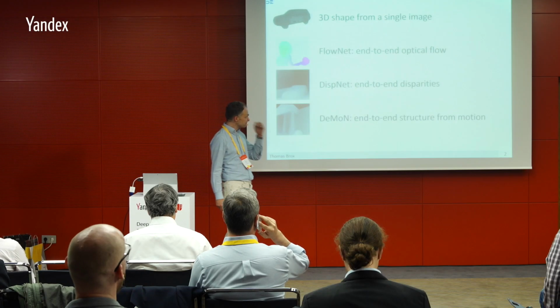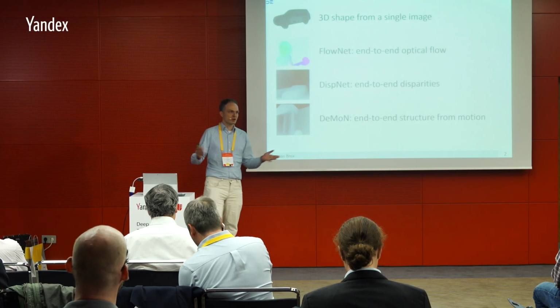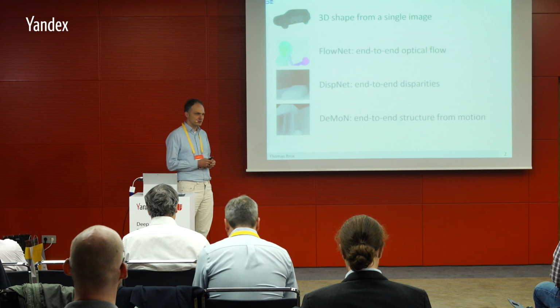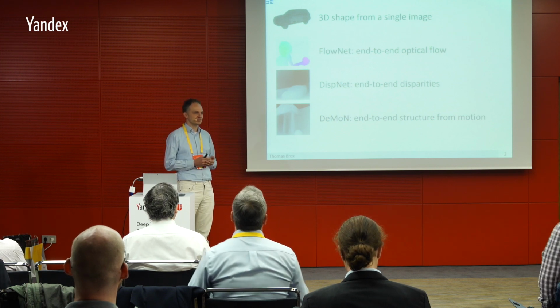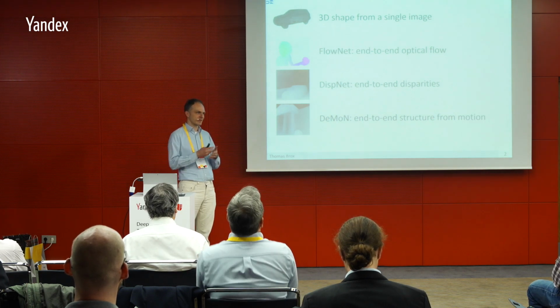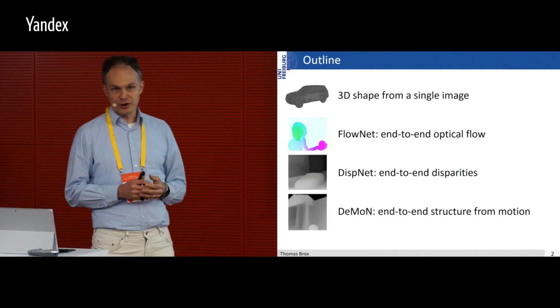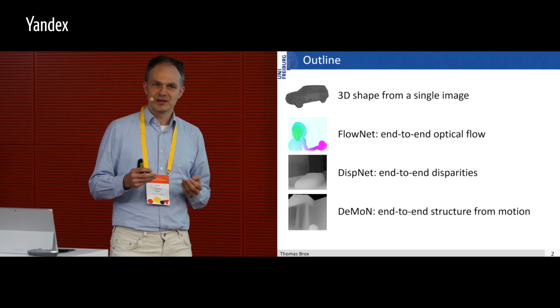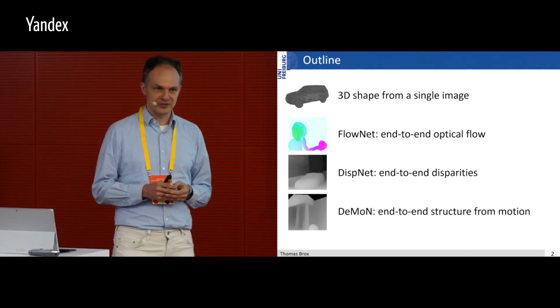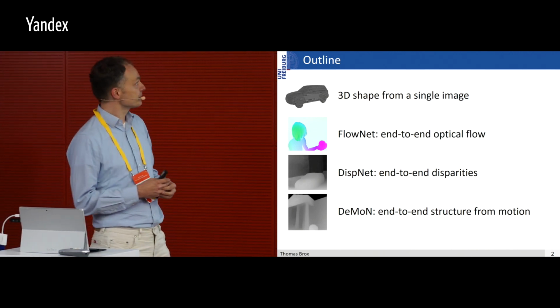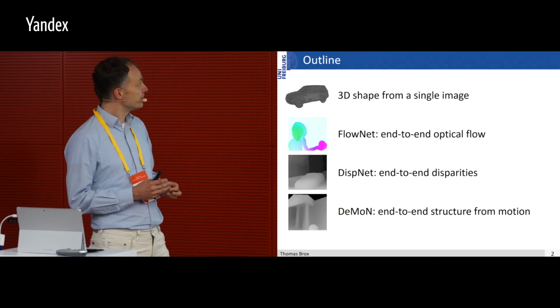Thank you very much. I will talk about computer vision and learning computer vision. Most of the learning in computer vision is concerned with recognition problems like image classification, object detection, or semantic segmentation. In our group, we are focusing more on learning the structure of a scene, especially the 3D structure. And I will talk today about